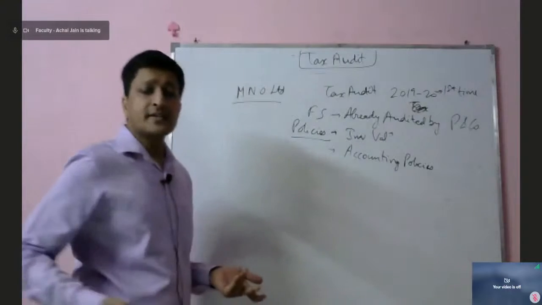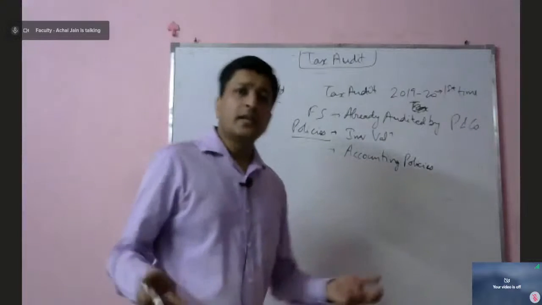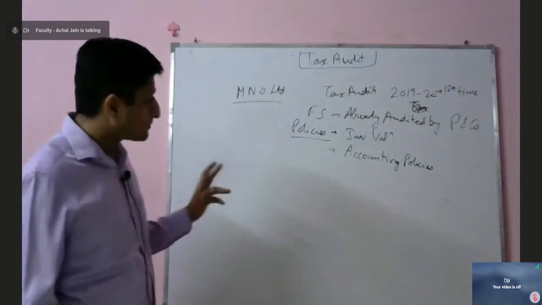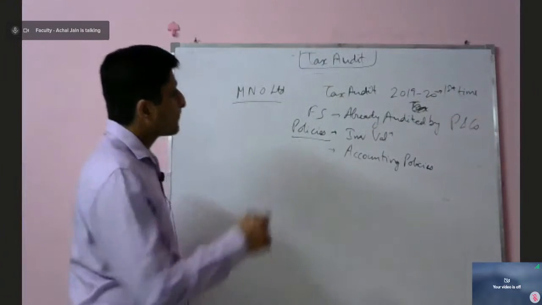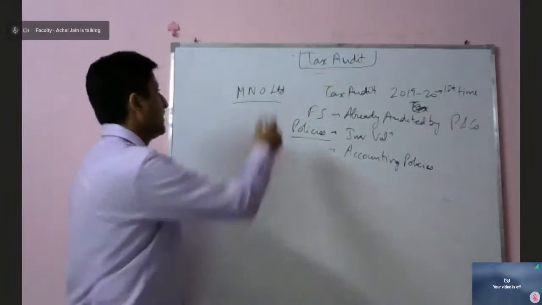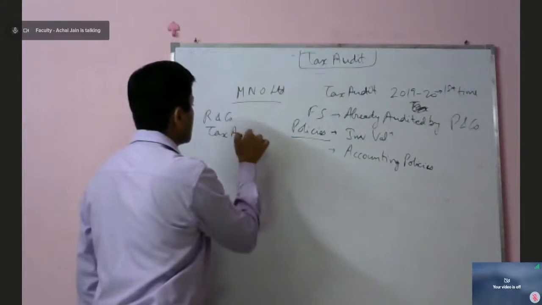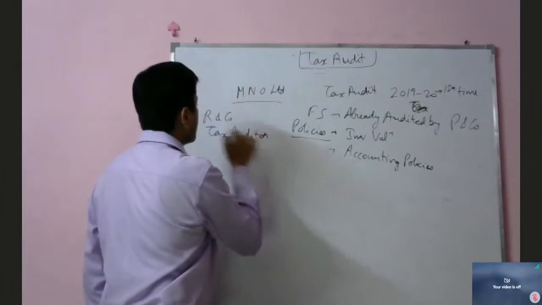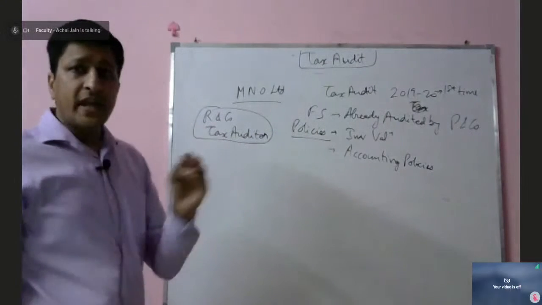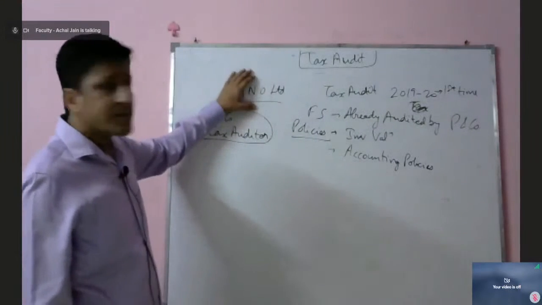But nowhere in the financial statements is there a discussion about the books of accounts, as to which items are there in the books of accounts, or which items form the books of accounts. Now in this case, another firm of chartered accountants has been appointed as the tax auditor. Let's suppose R&D company has been appointed as tax auditor. Now R&D company has certain observations in relation to the tax audit of MNO Limited.